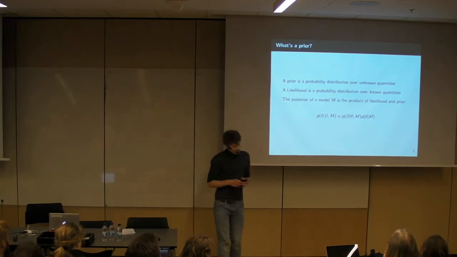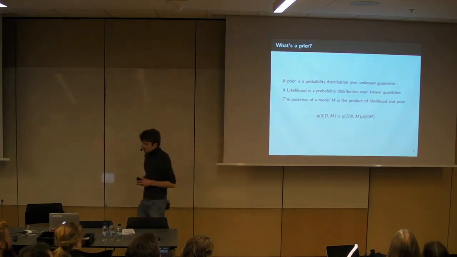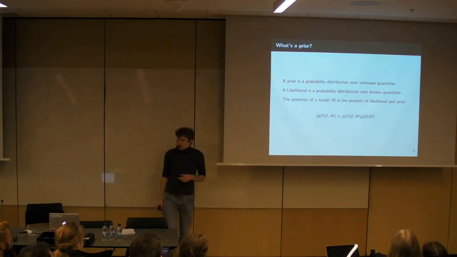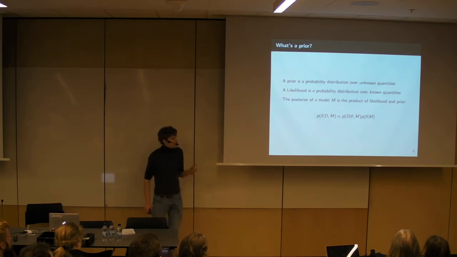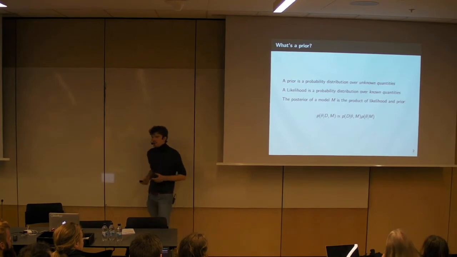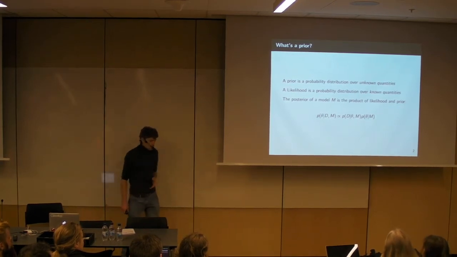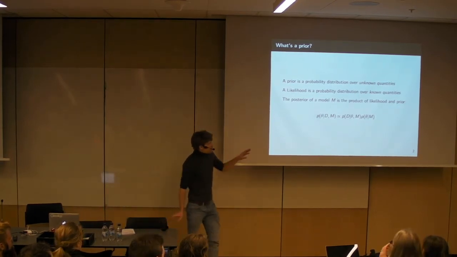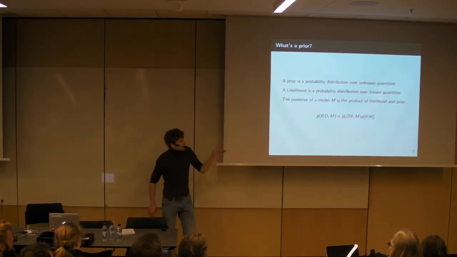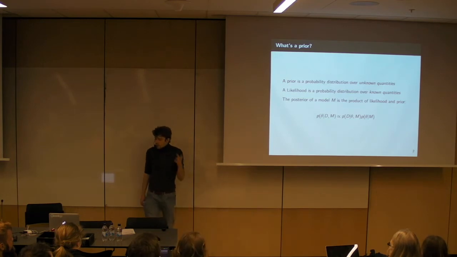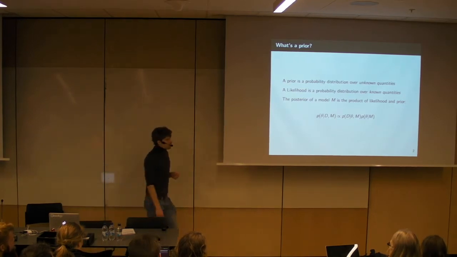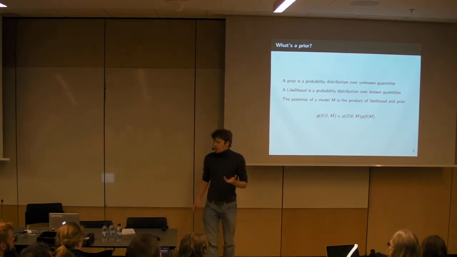So we have a model M, and we want to estimate the parameters of the model, which we call theta, and there's the data D. And so the posterior distribution, which is the probability distribution of the parameters after having seen the data, and also after having specified a certain model consisting of likelihoods and priors, is the product of the likelihood of this model, so the distribution of the data given the parameters, times the prior, so the distribution of the parameters before having